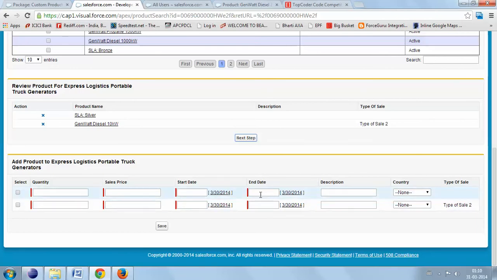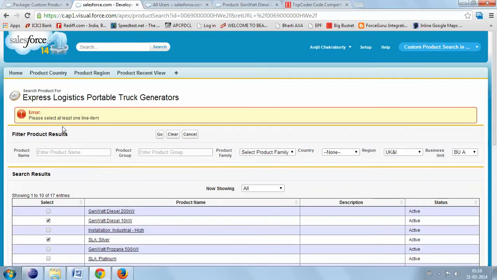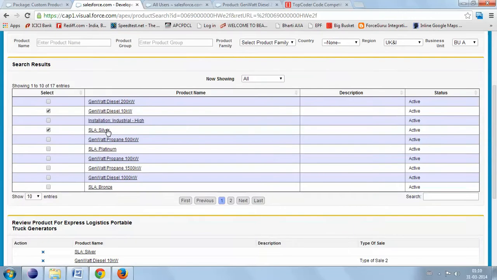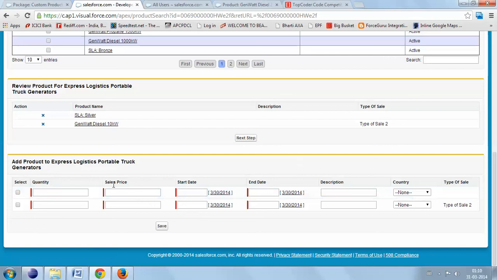If I try to click on save right now, you can see that it says please select at least one line item. This is coming from a custom label as per the requirement, and this placeholder is also coming from a custom label. This one is also coming from a custom label, and all these options are coming from one custom setting. Now if I select this and try to save,